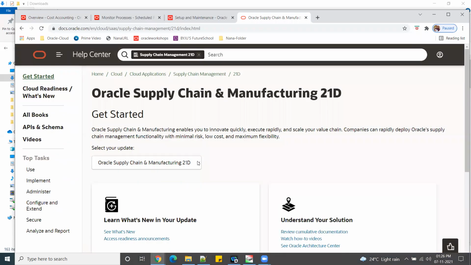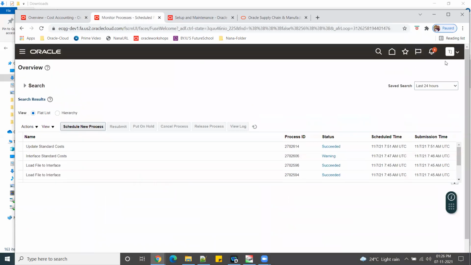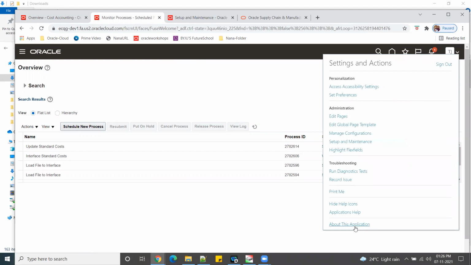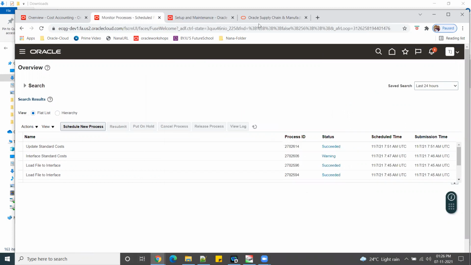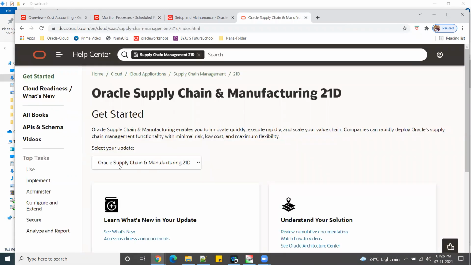We have to check your version before downloading the FBDI file. How to check? Go to your application and click on About This Application. We'll get 21D. Now go back here; it automatically shows as 21D, so we don't have to change anything.